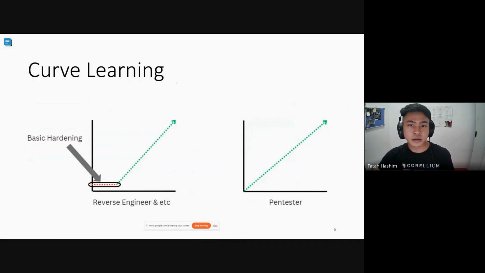This is the learning curve, the comparison between reverse engineering and pen tester. This is just an opinion. Reverse engineering gets hard early on, because you need to learn assembly, Windows API, internals, a lot of things that really take time, but it is only in the early stage. After you master everything in the foundation, you are good to go to learn new things like ARM,